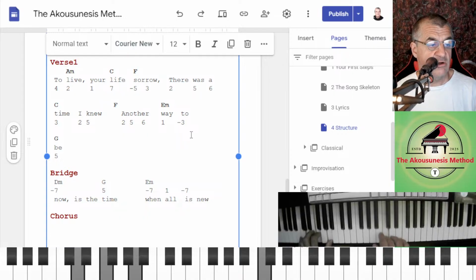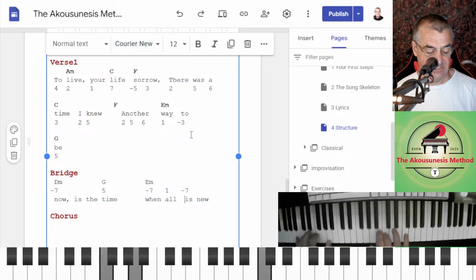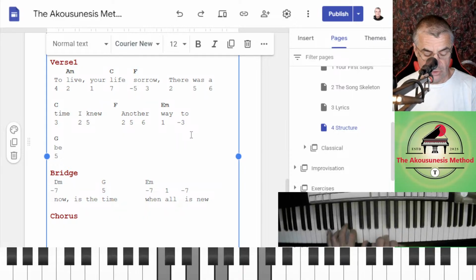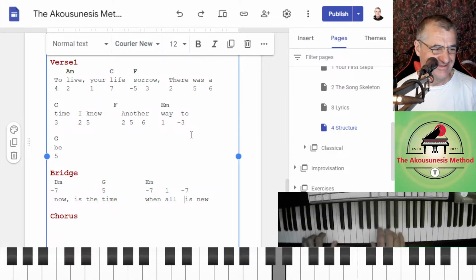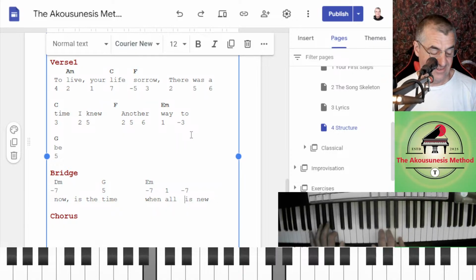So now is the time when all is new. Well, I've got the chord here. It's in my head. Now is the time when -7, when all is, what's the mode? When all is, now is the time when all is.